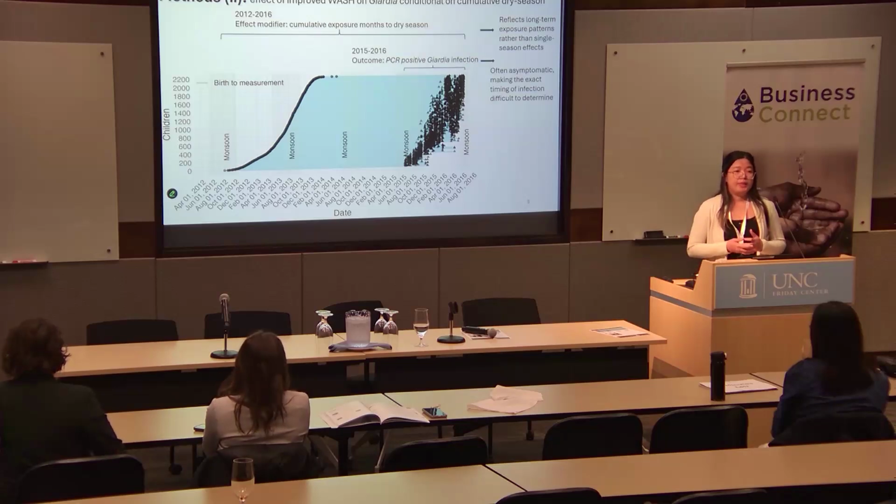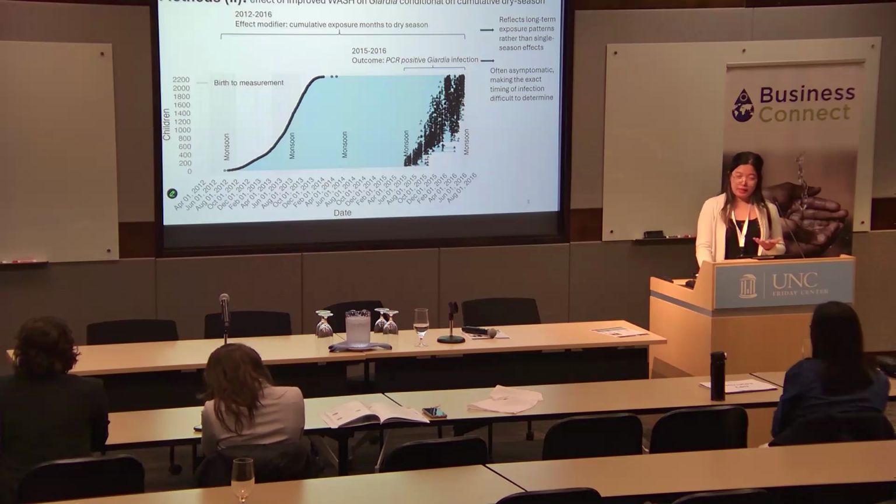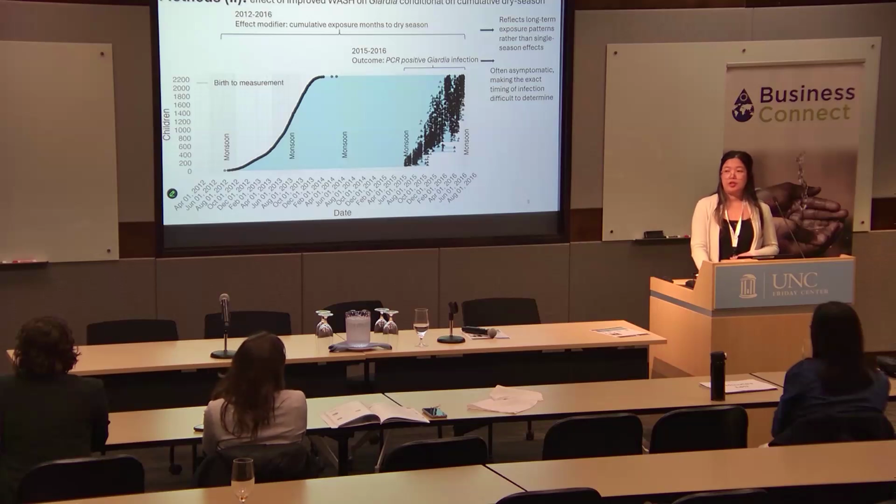Since Giardia can persist asymptomatically, and therefore it's difficult to identify when infection actually began, this framework can capture children's cumulative exposure to climate conditions from birth to the time of measurement, which can provide a simplified representation of both the timing and duration in environmental conditions that can influence infection risk. And in this high prevalence context, the cumulative exposure to the dry season may also act as a proxy to